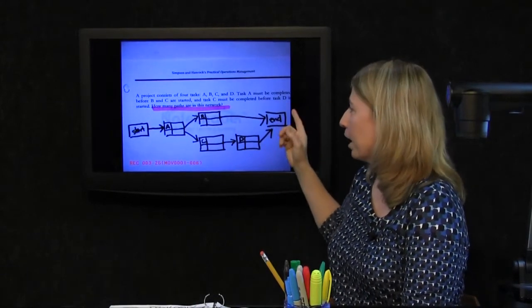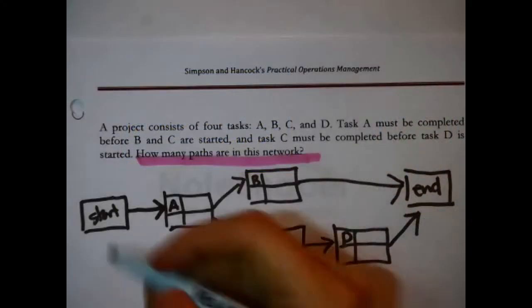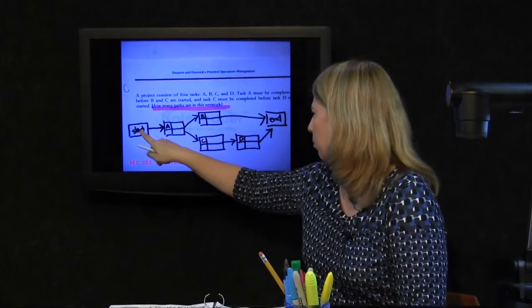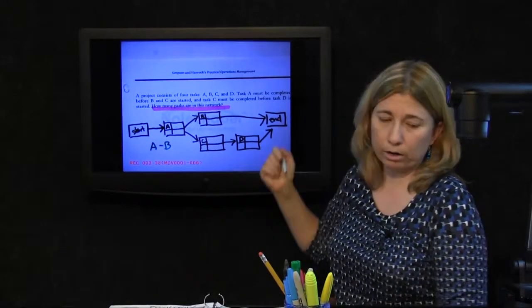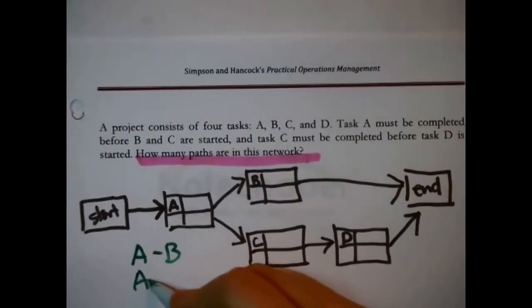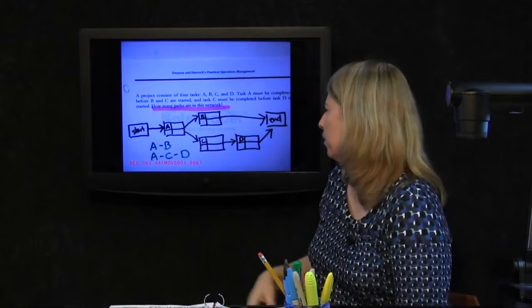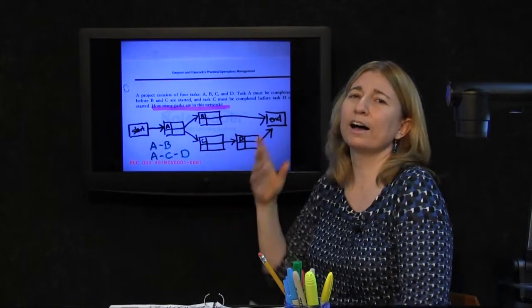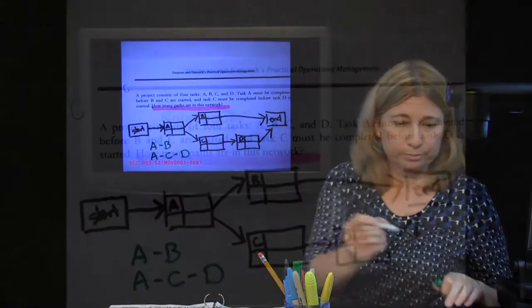So that's one path. Matter of fact, why don't I record that? Path A, B. Versus at the start, what else can I do? I can go to A, then to C, then to D, and then to the end. That's a route. So that's another path. And this is a very simple network. There isn't any other route from start to end. That's the answer to the question. There's 2 paths